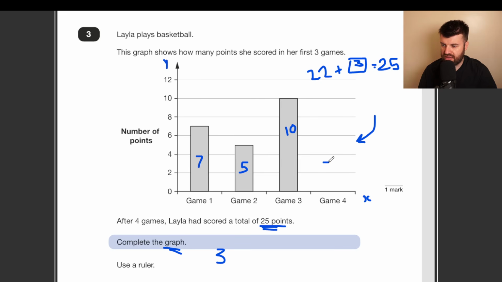So we're going to draw a very straight line here. Remember, you would be using a ruler. Go straight down, and that would be it. You don't have to color it in, you have to label it. You just simply complete the graph as long as it's showing 3, somewhere in between 2 and 4, well, halfway,